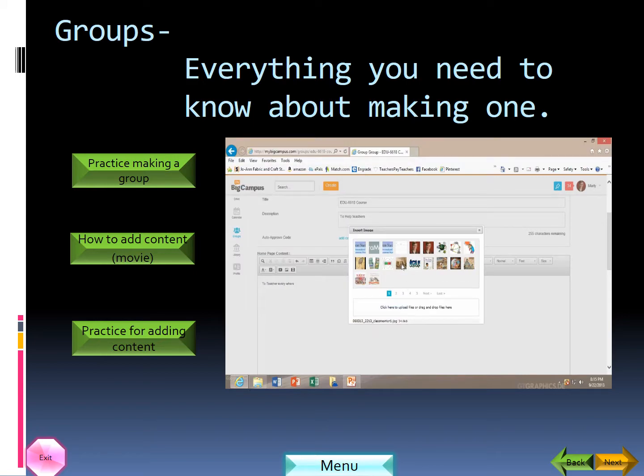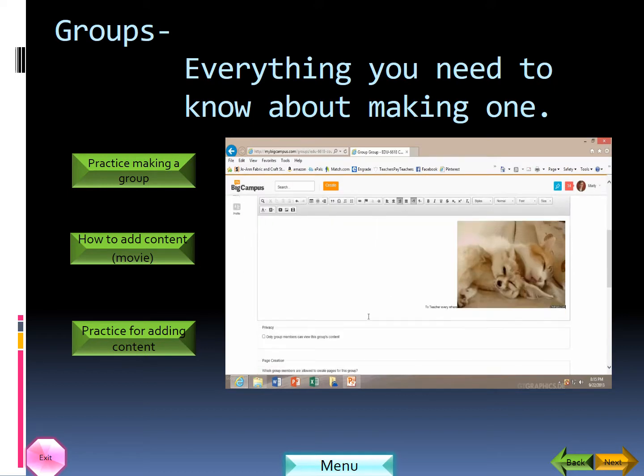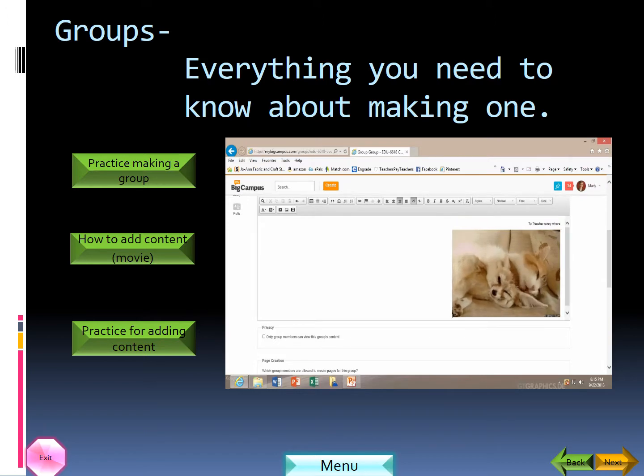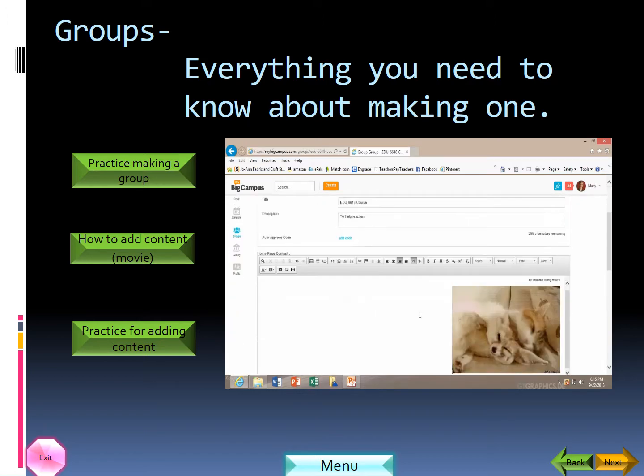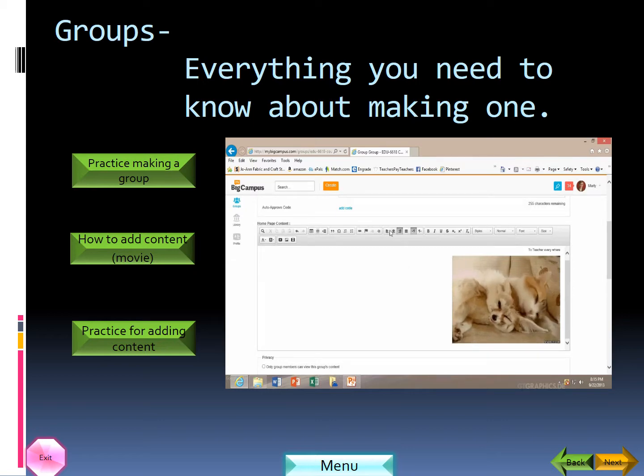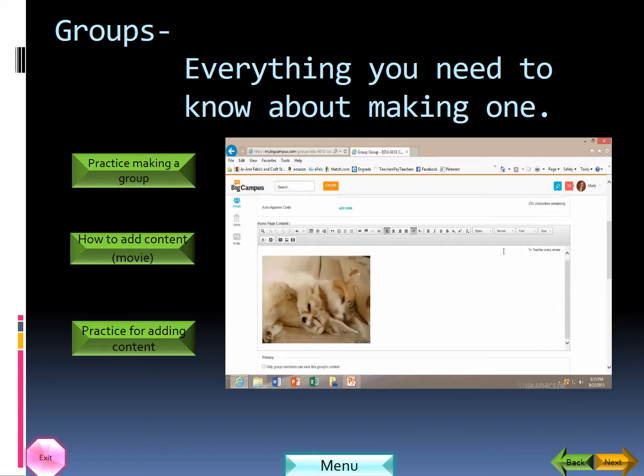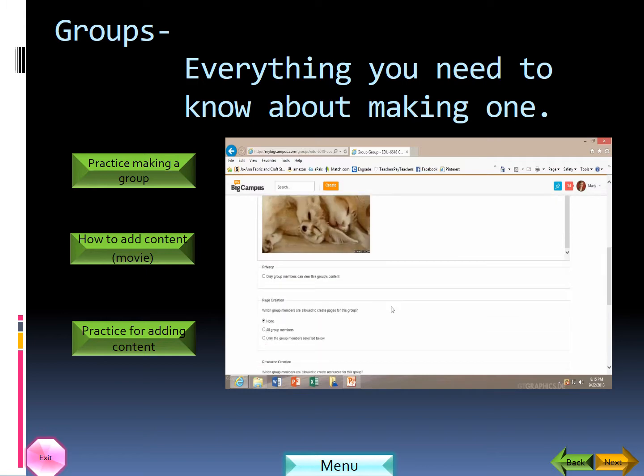Then you choose your picture. Arrange it the way you want. And as you can see, it also has all the same functions as Word. Then,